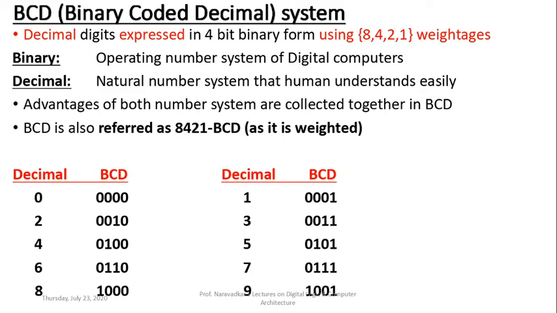So accordingly we can form such a chart, that is the representation of decimal into its equivalent 8421 BCD form here. That's why BCD is also called a weighted code, because weights are added for the representation of the corresponding decimal here.